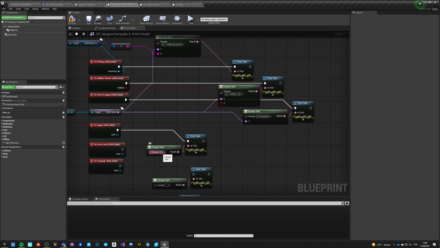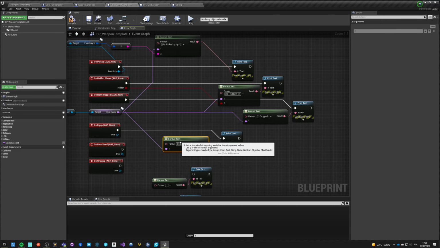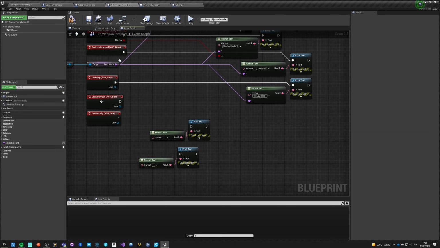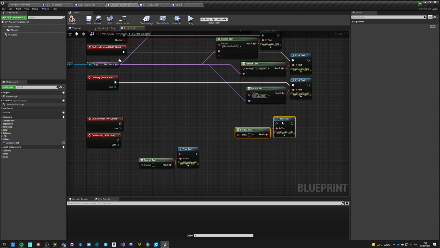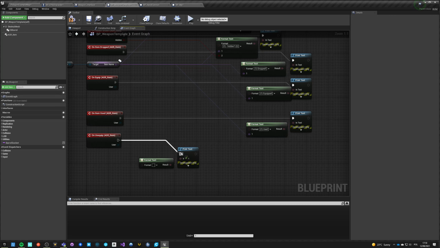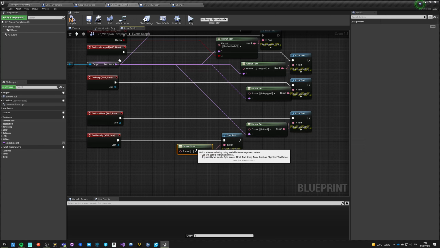And here we want to say equipped 2p. So this got equipped. And we now want to do just this, that it got used, whatever the item is. And the last one is